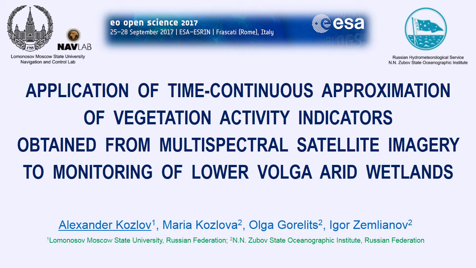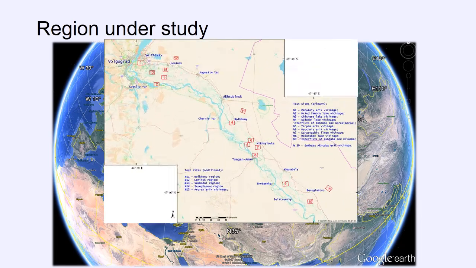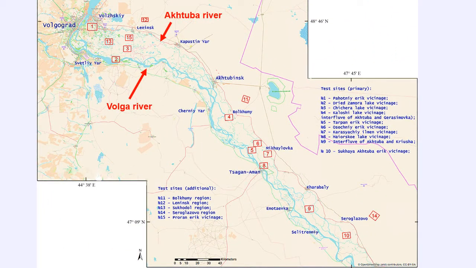In this presentation we are going to report some results of our project on monitoring of lower Volga arid wetlands, conducted by the State Oceanographic Institute of Russia, with the participation of the Moscow State University. This study focuses on 15 test sites, located inside and around of a floodplain, between Volga and Aktuba rivers, northwest